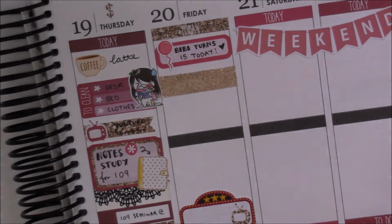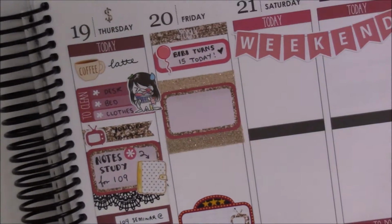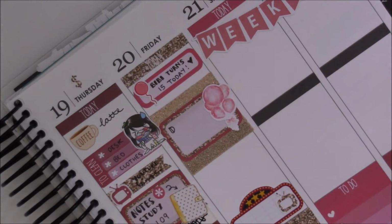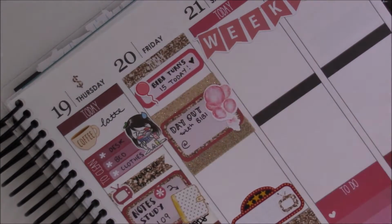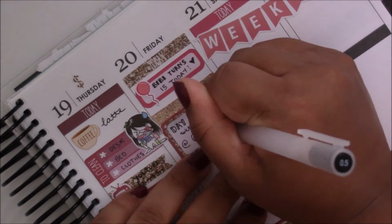And here I am marking down that I decided to go ahead and treat my sister to a day out on Friday, and I will be marking that down in the half box. The balloons that I used are from a sampler from ThePrettyLittlePeony, and I decided to go ahead and use that. And then I wrote down day out, and then